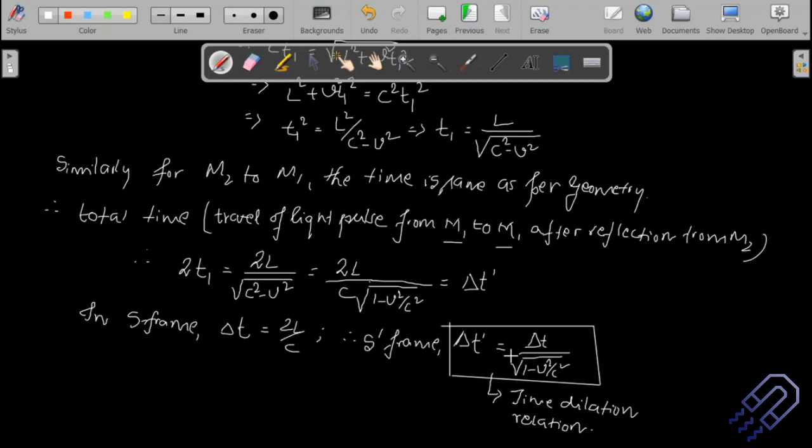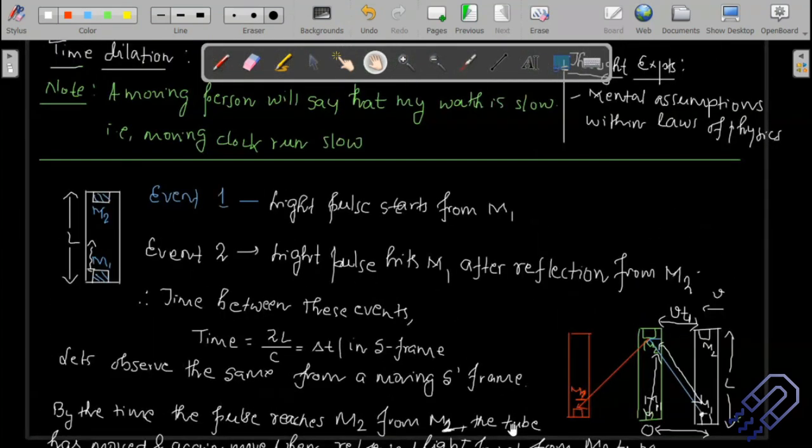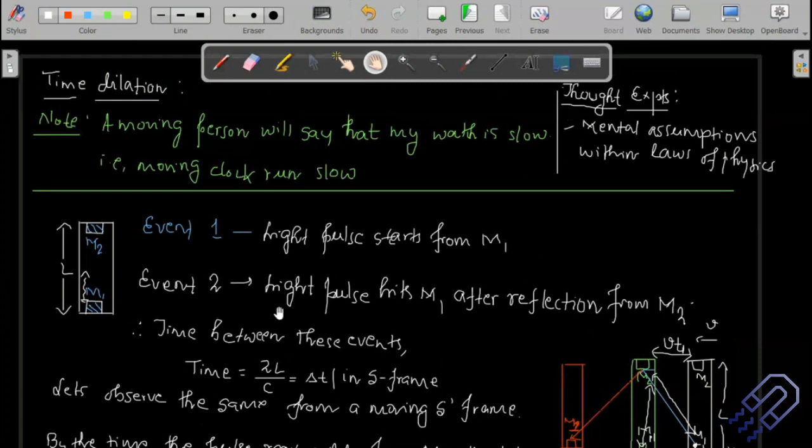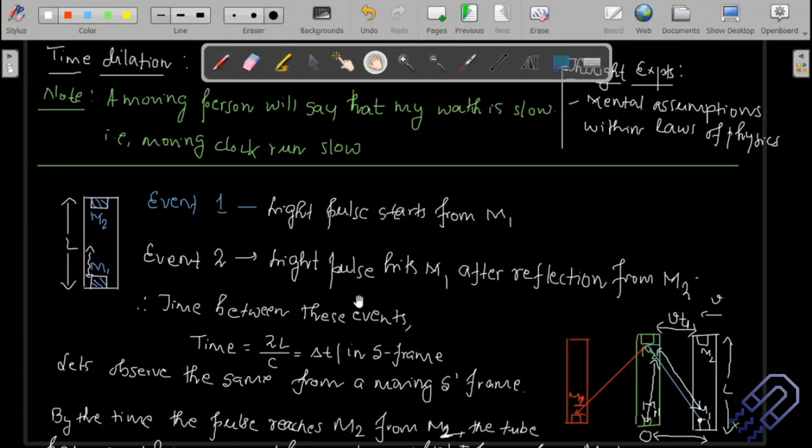Very important. Okay, so if I tell you how much marks it will carry, in general you can also write it as delta t prime is equal to gamma into delta t, but make sure you know what gamma is, or you can write it as delta t divided by root over 1 minus beta square, where beta is equal to v by c. Any kind of notation is used, just make sure that you mention the notation's full form, that is important. Okay, so this is the derivation. I don't need to write down these things, just derive it, that's it. And this doesn't carry too many marks, it will be basically 3-4 marks maybe.